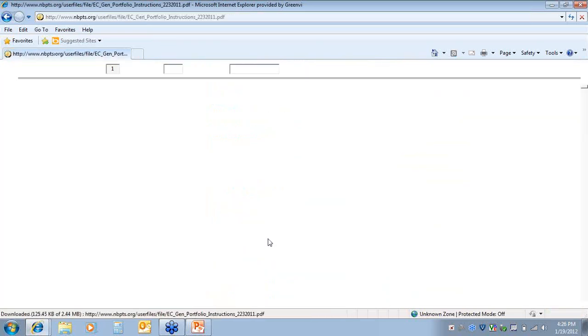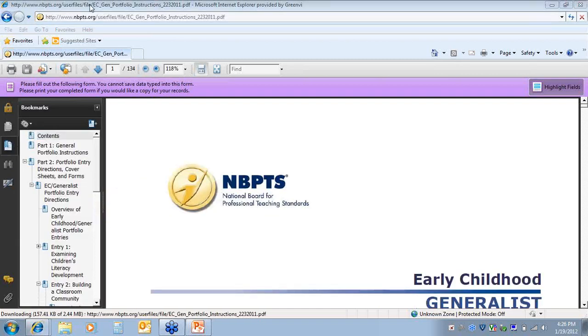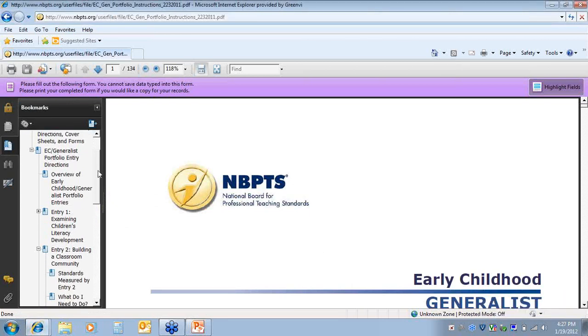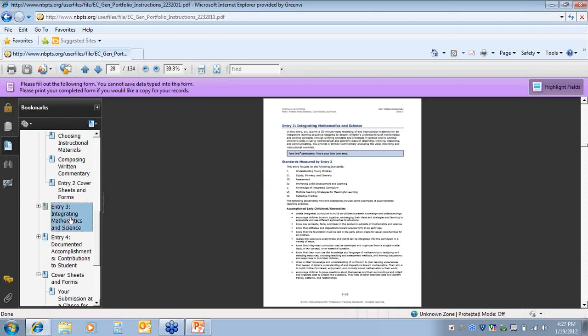All right, these are my portfolio instructions. That's where I'm working. And I know as an Early Childhood Generalist and as a Take 1 candidate, mine would be entry 3. So I'm going to pull that one up. The fast way to get there is to use the ribbon, the bookmark pane, and scroll down to, for me, which would be entry 3, which is integrating math and science. When I click on, and that works on your CD or on the web, when I click on that